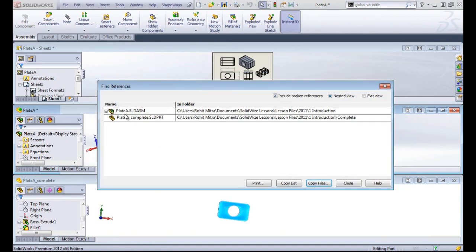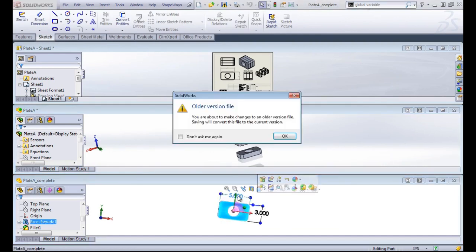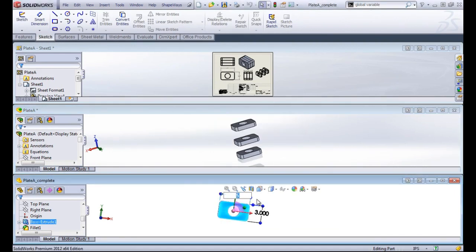So you can see this shows the references that the Plate A assembly has, and we can see that this follows the path down to this Plate A complete. So as long as this document can find the Plate A complete, when I make a change to this Plate A, for example, making this wider,